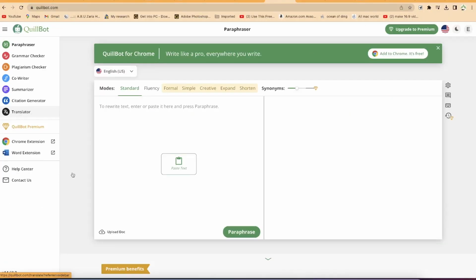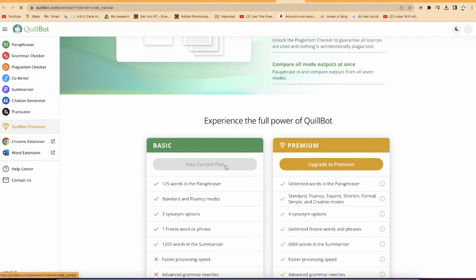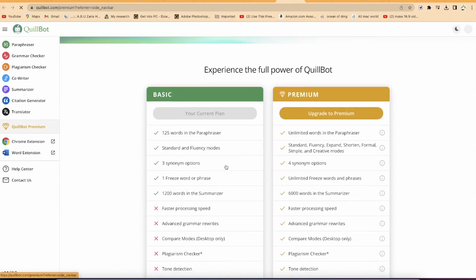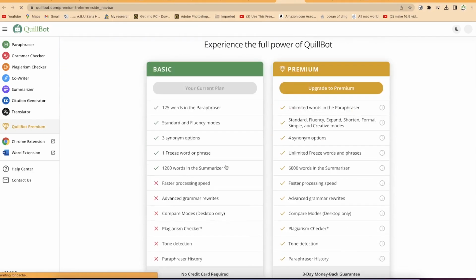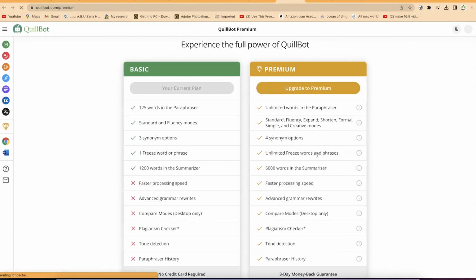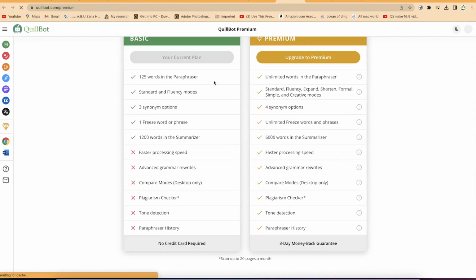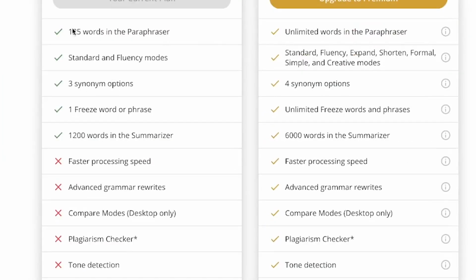But before we go deep, let's take a look at the premium plan. For the basic plan, you can do quite a lot of things. As far as I can tell you, the benefits you have are so much that you will enjoy using Quillbot at any given point. But if you subscribe, you have other benefits, as you can see listed over here. For example, the wordings in the paraphraser is limited to 125 at a time, but when you are on the premium version, you have an unlimited amount of words.